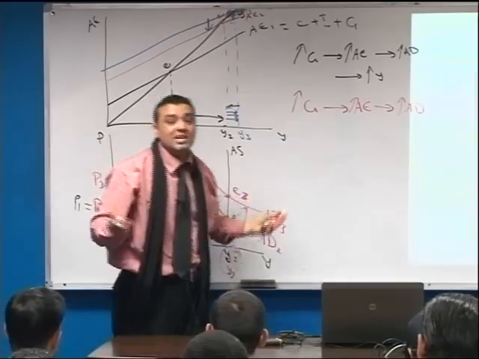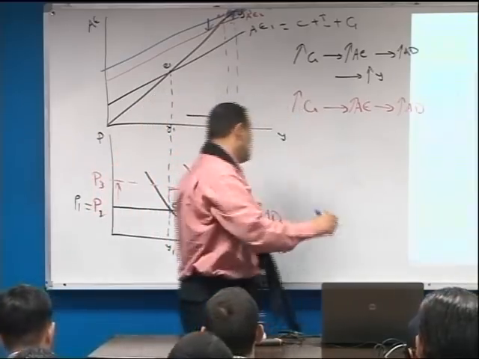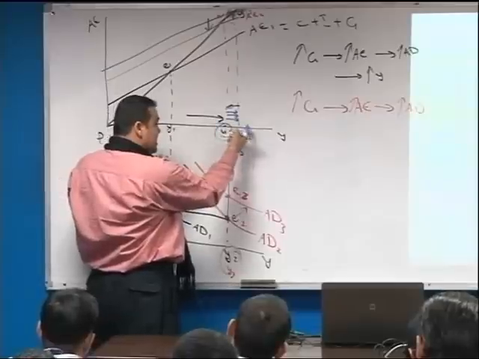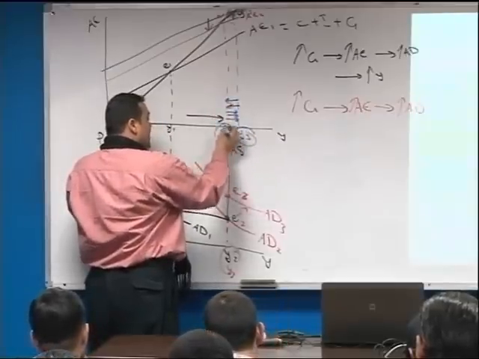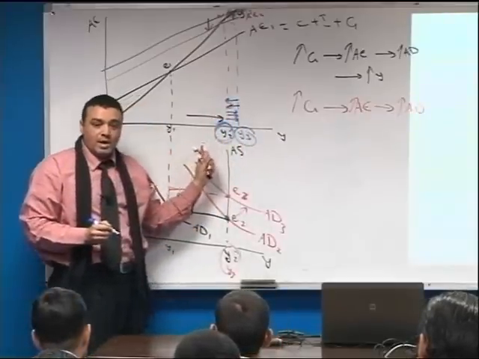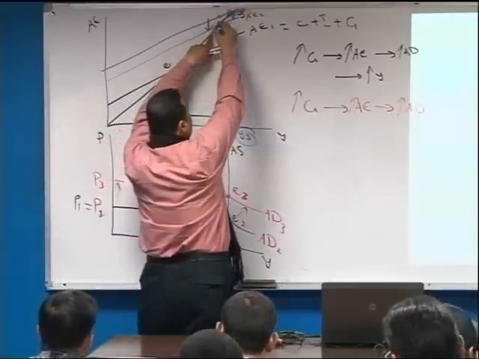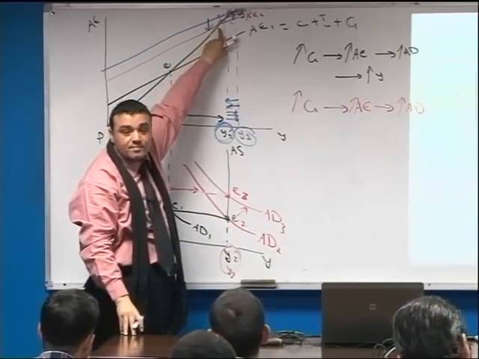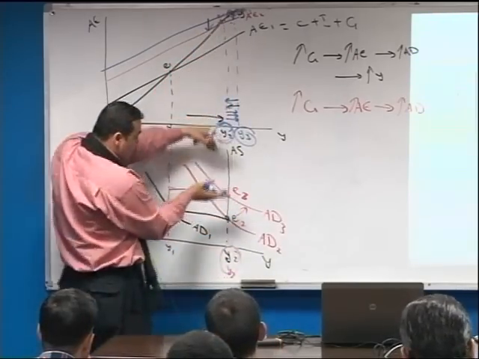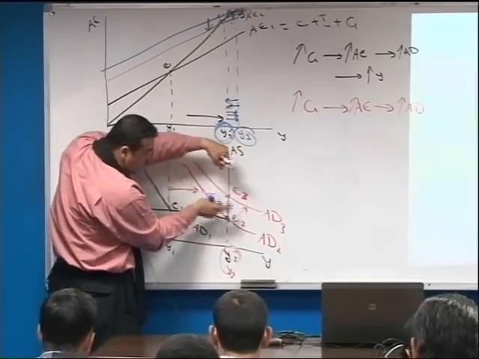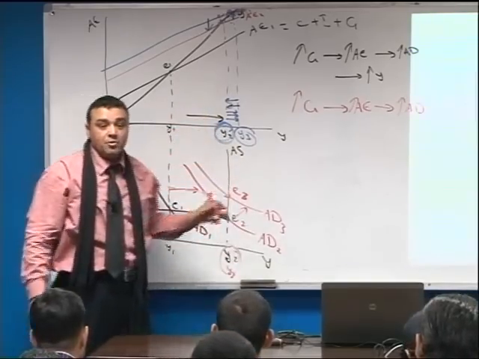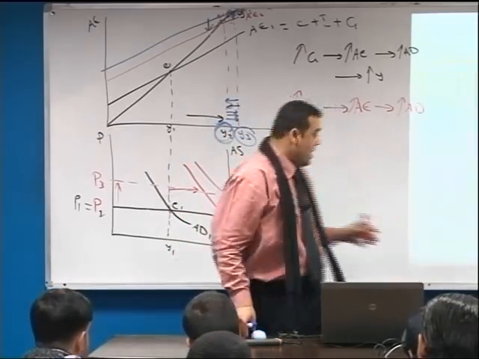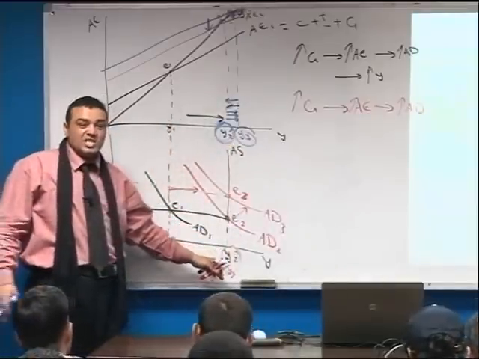إذا وين البوتنشال جي دي بي في هذا الحالة؟ Y2 exactly, thank you. Y2 صحيح، أنا رحت زدت ل Y3 here but finally I came back to Y2. هذه المنطقة between E2 to E3 هذه بيسموها الانفليشنري جاب. صح؟ هذه المنطقة هيك أو من هنا from E2 to E3 is the inflationary gap لأنه the prices طلعت without a change in Y. مظبوط؟ هلا عدم الزيادة في الواي نتيجتها إيش؟